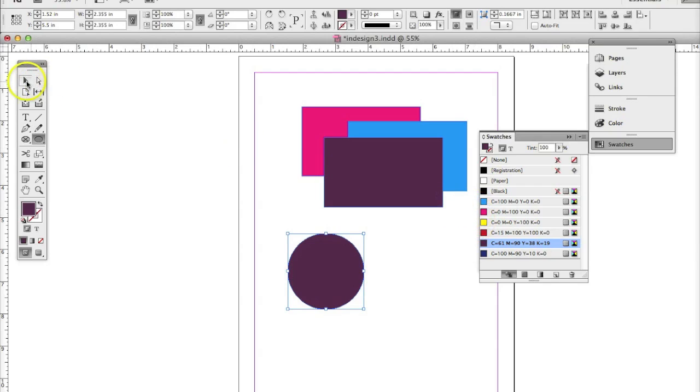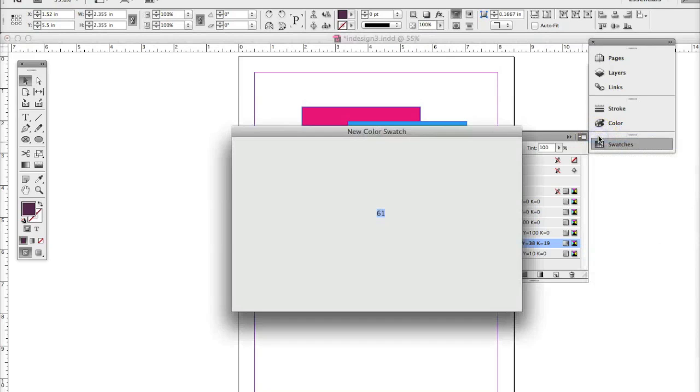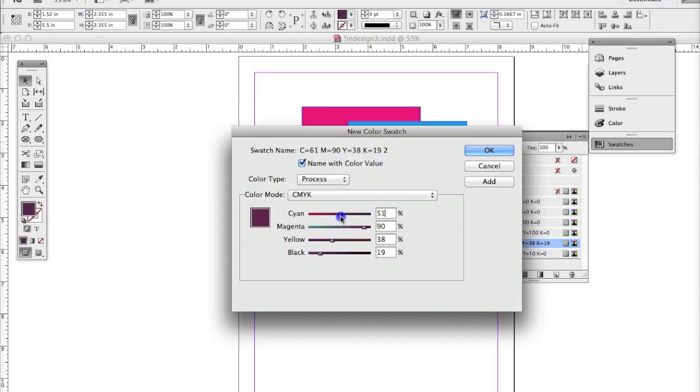I could also create a new color swatch by going to this little arrow on the swatches and selecting New Color Swatch, and I can create my own from here. If I know the colors I want, I can type the numbers in, then click Add. If you want to name this something, you could take the checkbox off, and just call it new green,